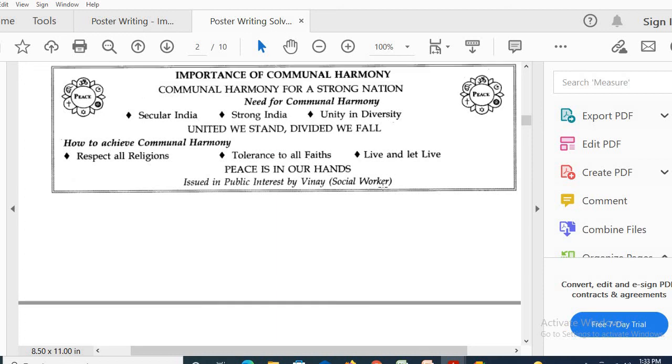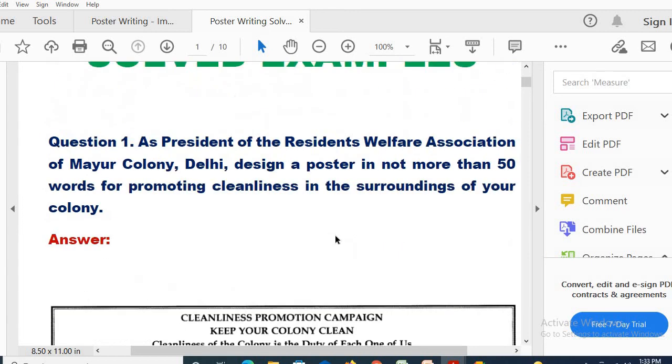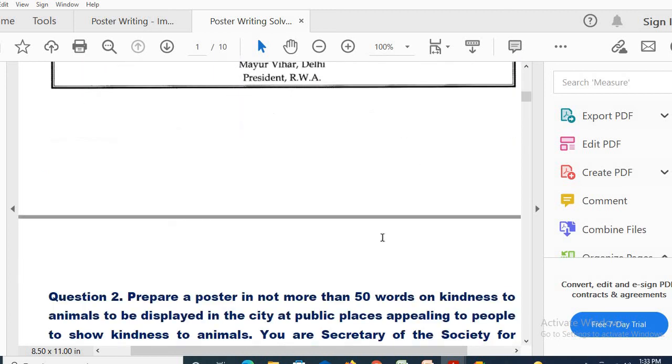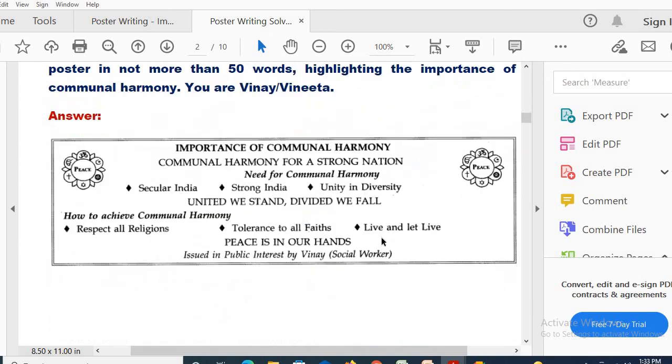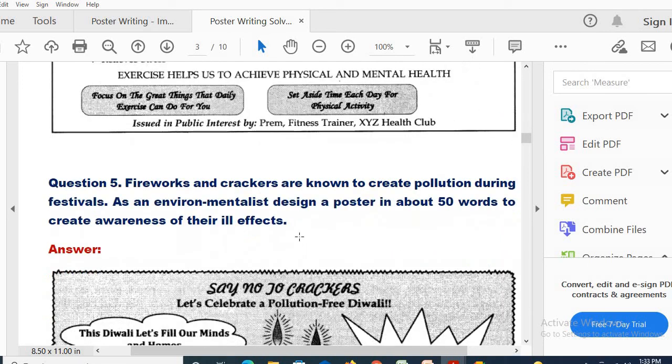So I hope it is clear. And then finally, to wrap up the entire thing, you can draw the box as I had highlighted here. So with that, I end the class because I have taken 3 minutes extra. But I hope it is clear to all of you. Is there any doubt at the back of your mind regarding poster making? I highlighted 3 examples. There are a lot more for you all to see. Many are there. You can just go through it.